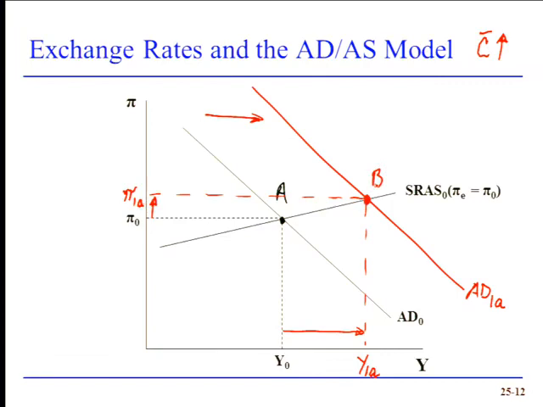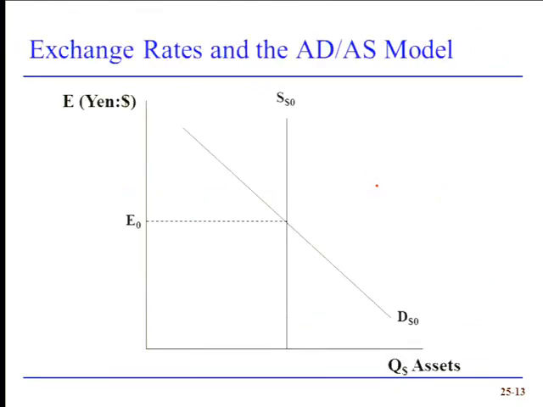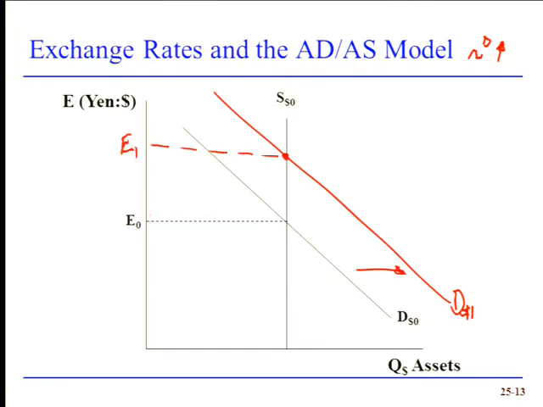But what happens when inflation goes up? What else happens? The real interest rate goes up. So now the real interest rate has gone up. What's going to happen to the demand for dollar-denominated assets? So notice the domestic real interest rate has risen. The rate of return on dollar-denominated assets has increased. Everybody will want more dollar-denominated assets in their portfolio. The demand for dollars will increase, leading to an appreciation of the currency. So notice then that the positive aggregate demand shock leads to an appreciation of the currency because it causes higher